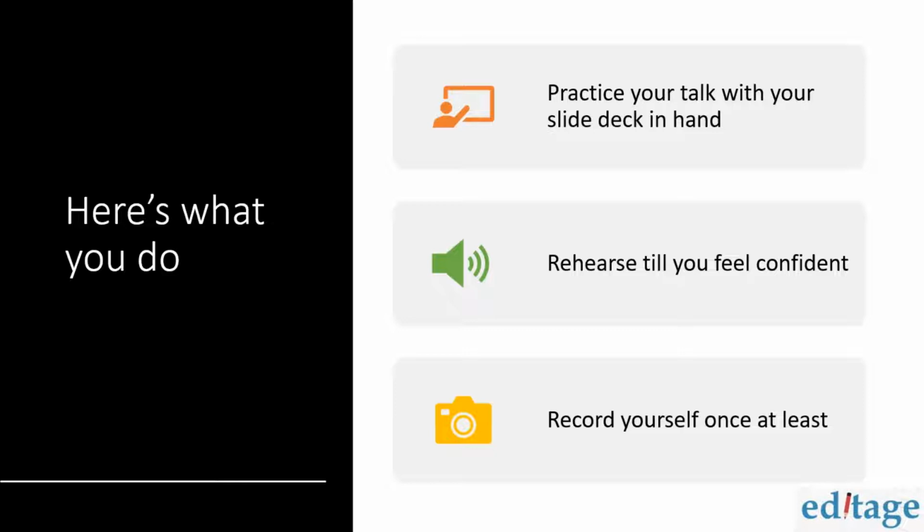Now, the threshold for feeling confident is different for all of us, right? Some of us will feel great with the first take. Some of us will feel great after 7 takes. Some of us won't even feel great after 20 takes, right? But like I said, you rehearse till